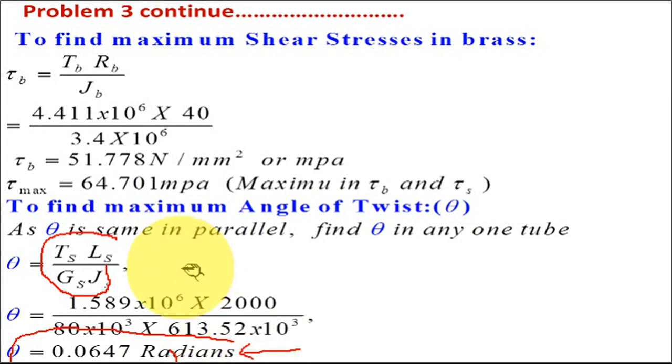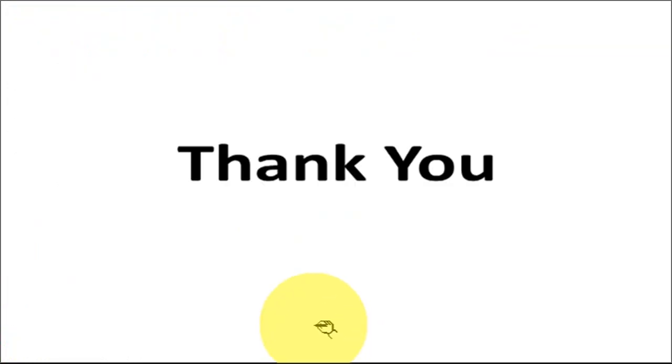Okay, so in this way, by using the torsion formula and these relations, you have to solve the problem when shafts are connected in parallel. Okay, so students, you might have seen that all the three problems were very simple, but here you should put more stress on the calculation part, because there is a chance of mistakes. So carefully do all the calculations and try to find the correct answers. That is very necessary. Okay, thank you very much.